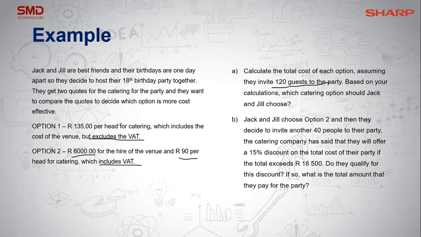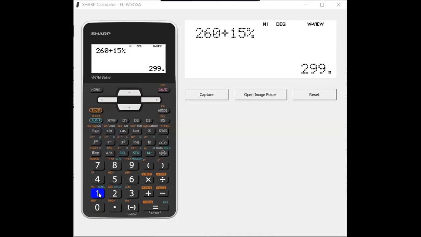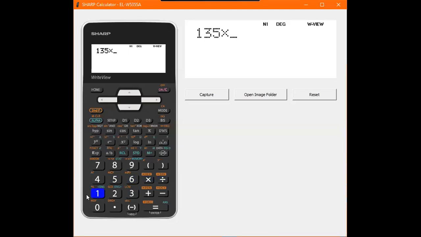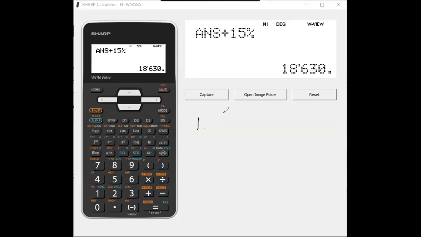So let's start with option 1. So basically we need to say 135 Rand times 120 and then plus VAT. So we're going to just do that on our calculator quickly. So we're going to have 135 Rand times 120 people is equal to 16,200. And then we need to add VAT. So we're going to say plus 15, and I'm just going to use my shortcut key again. So my total cost for option 1 is 18,600 and, oh, sorry. Let me just,